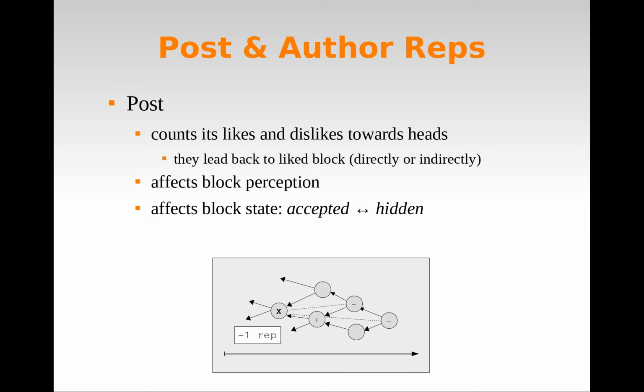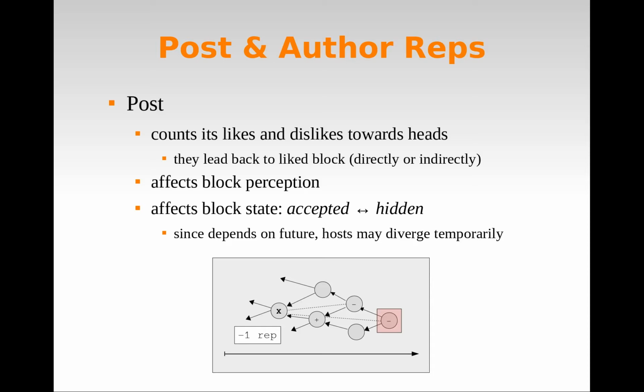A central issue in the reputation system of Freechains is that a block's reputation depends only on what is ahead of it in time. This implies that different hosts will diverge temporarily about the actual state of the block. For example, this dislike might not be received in all hosts yet, and they will keep retransmitting contents that should be hidden.